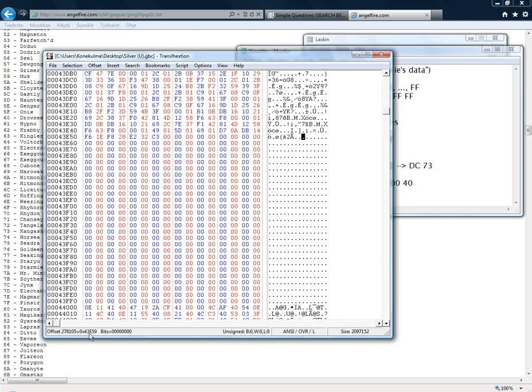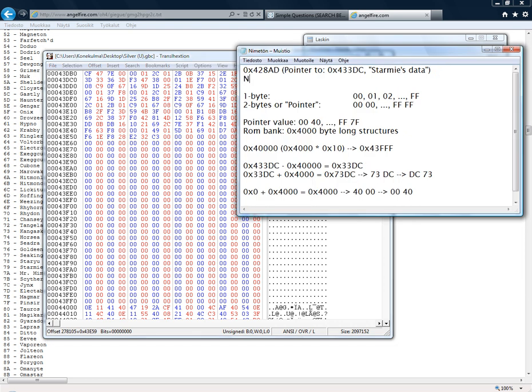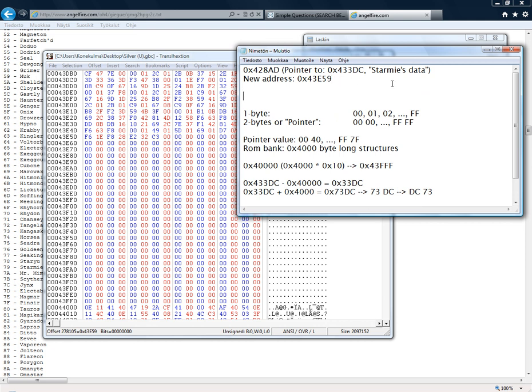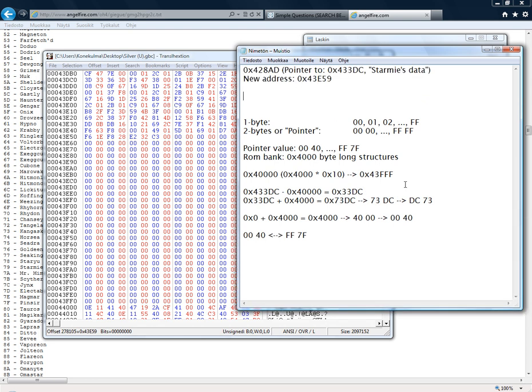So here we have 43E59, and next we need to have the pointer to this ROM address. And just like before, we subtract 40,000 of this and get